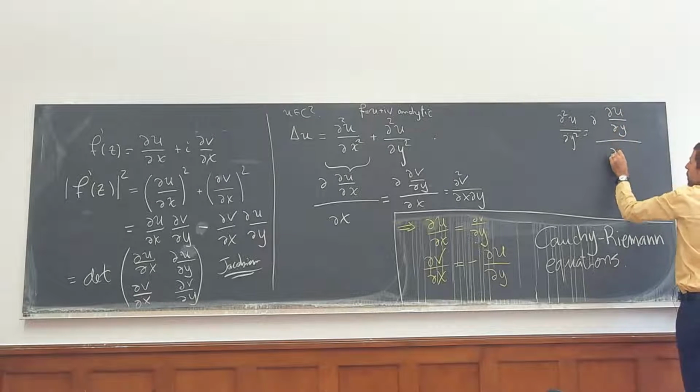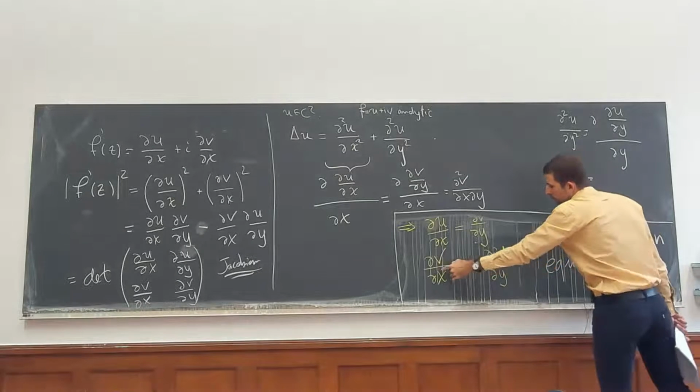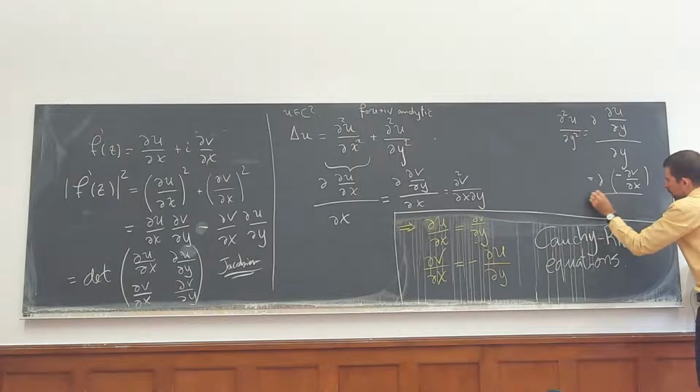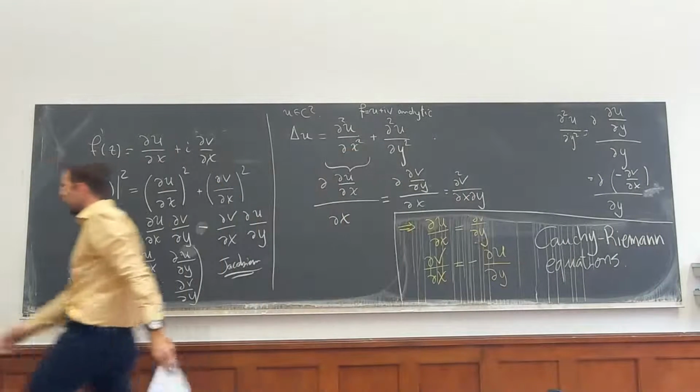Respect to y, again with respect to y. But what is this equal to? This is equal to minus the partial derivative of v with respect to x, derivative of y. And so this is just equal to minus, maybe let me go under here to not be crowding this too much.